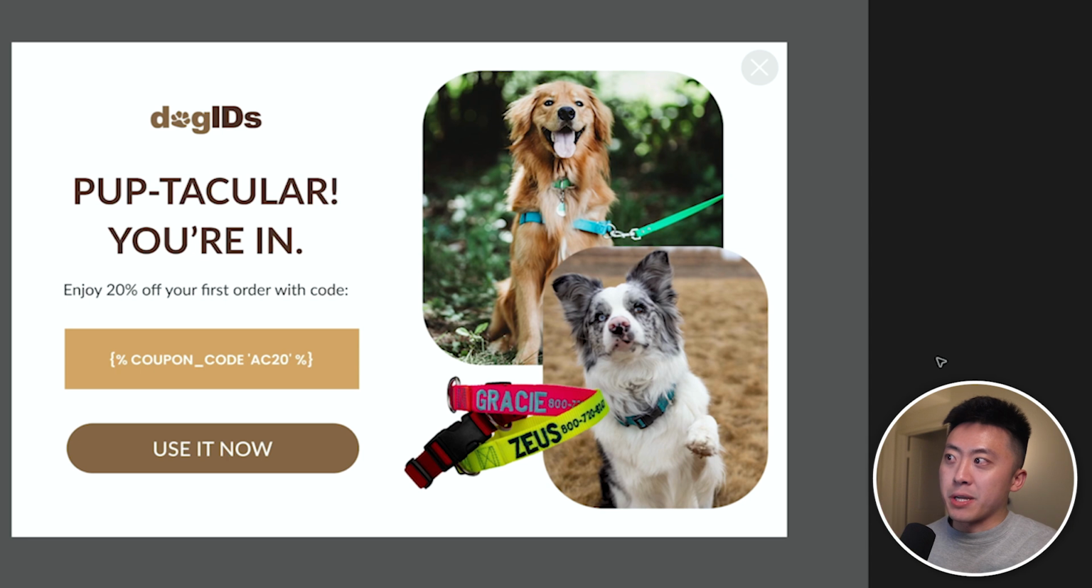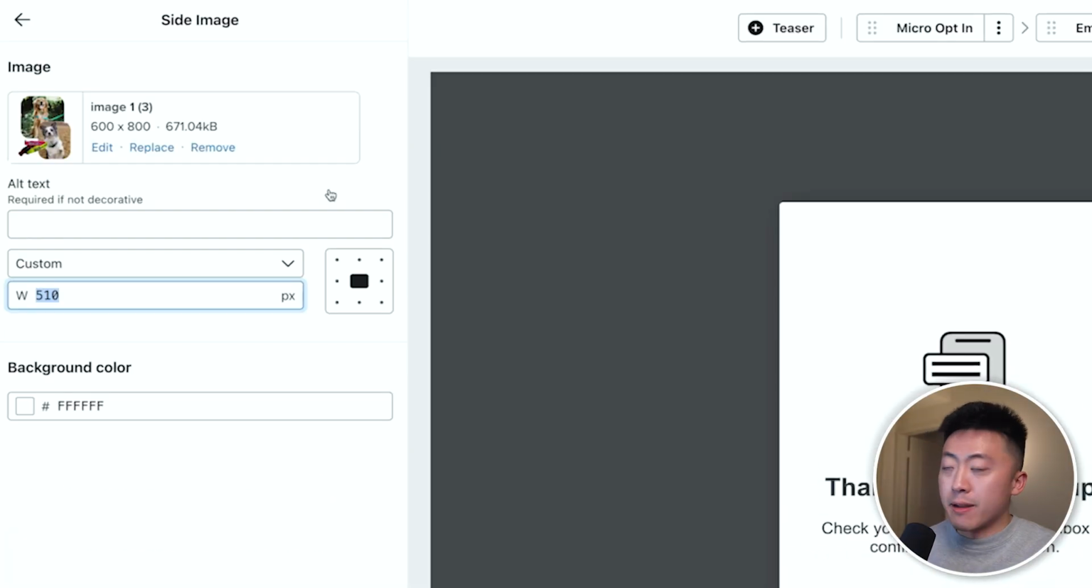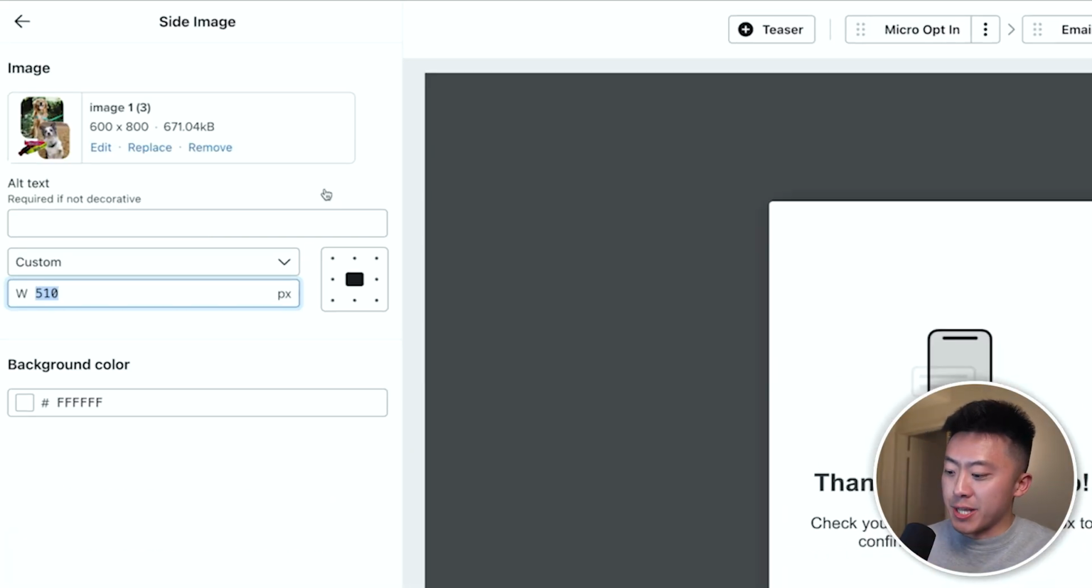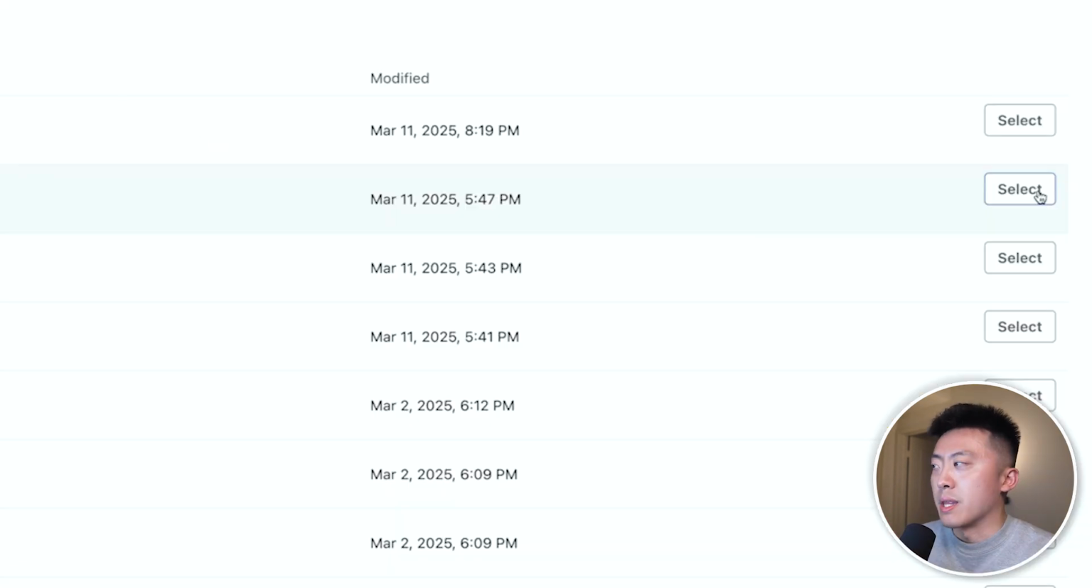All right, last thing is the confirmation slide. So just looking at this on Figma, we have a different image on the side, we have a unique discount code, and then we have a CTA. So coming back here to Klaviyo, I'm going to replace the image, then hit select. And again, the width is way too big, so I'm going to change that to 400, and that looks a lot better. Same thing, I'm going to drag in the image block and then put in the logo,